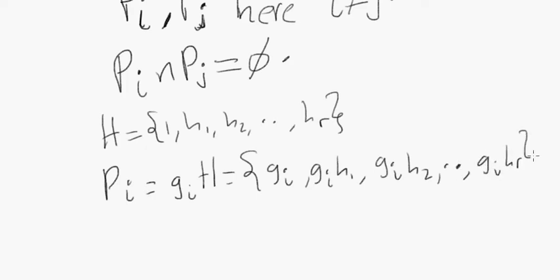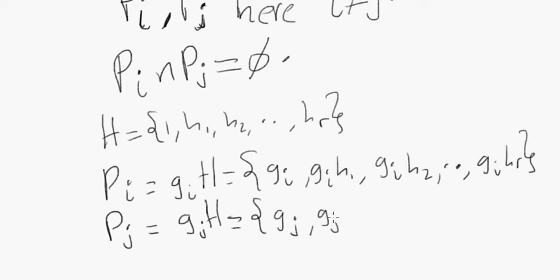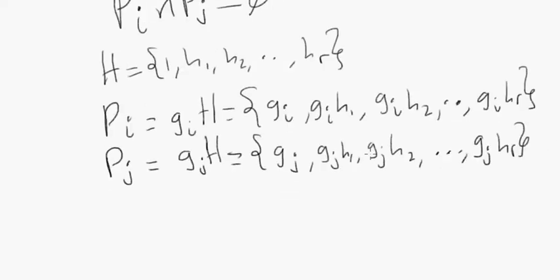And what's the coset Pj going to be? Well, the coset Pj is going to be gjH, the left coset formed by gj on H, and that would just be gjh1, gjh2, all the way till gjhr, okay? So how can we guarantee that these cosets Pi and Pj are necessarily distinct, that none of these